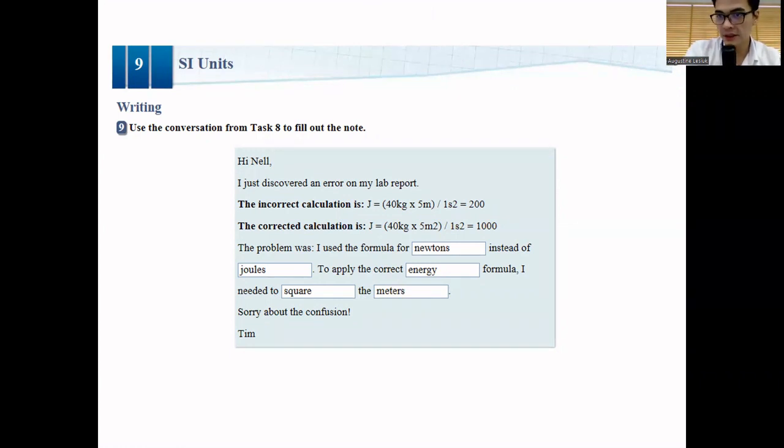Okay, so that was the last activity of this unit. If you guys need any additional help, you will have access to the vocabulary PowerPoint, which has the definitions of all the vocab we covered for this unit, as well as the Thai word